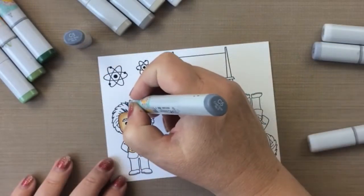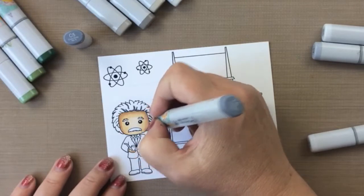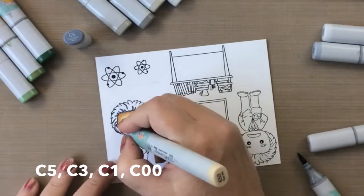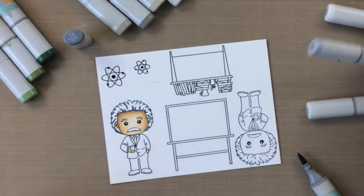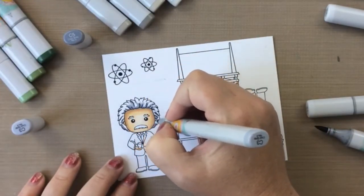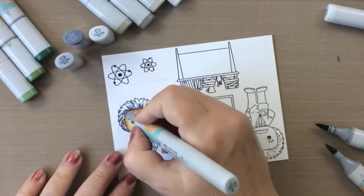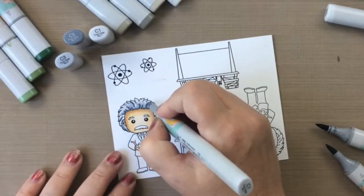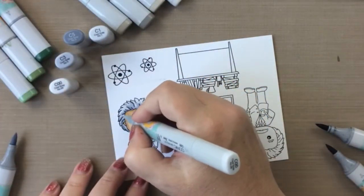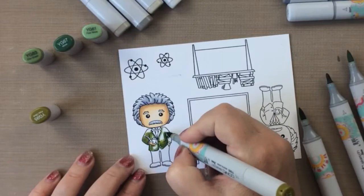I'm going to just use some cool grays on his hair, and the great thing is there are already lines drawn in by the artist, so all you have to do is follow those lines with your darkest gray. I'm starting with the C5 here for the darkest, and I'm just going over those lines that are already there. I missed the ears there, so I'm going to go back and color those ears. Then I'm going to blend out that C5 with the C3 just a little bit, and then I'll go in with my last 2 remaining cool gray colors just to finish this off. Super easy coloring, and I think it turns out so great every single time. I also colored out his mustache in the exact same way,